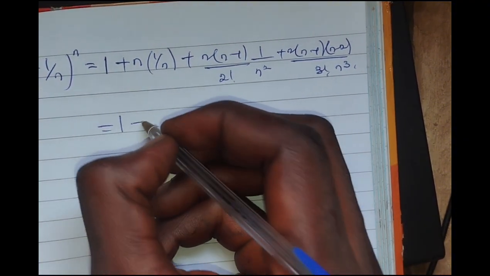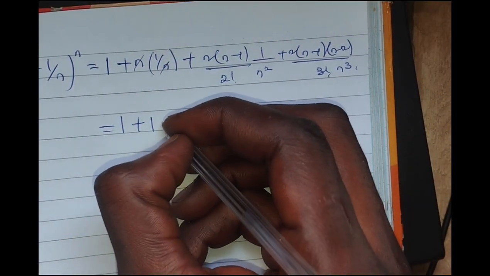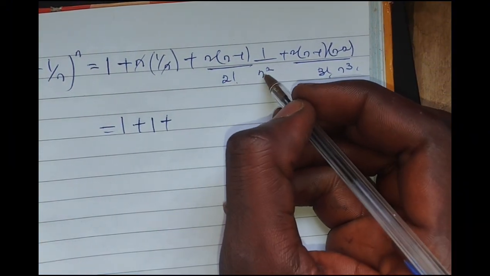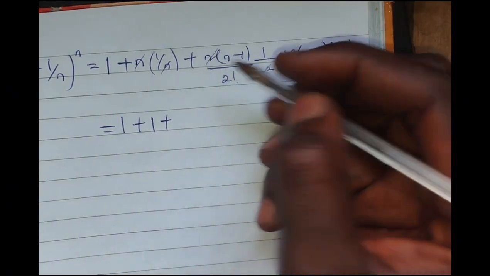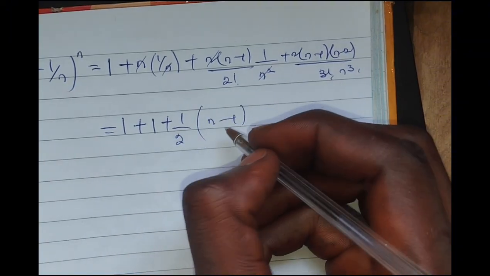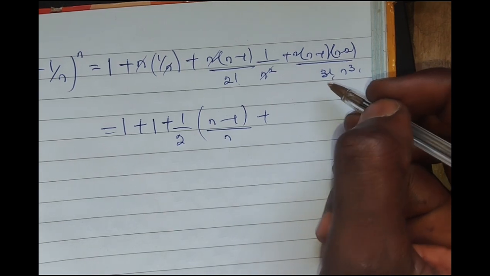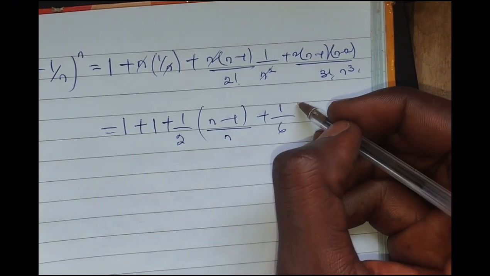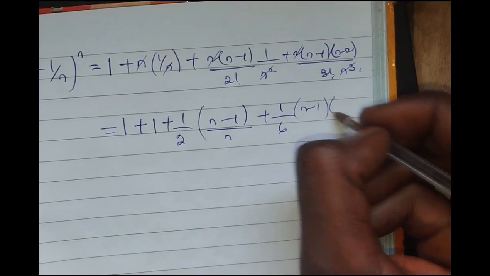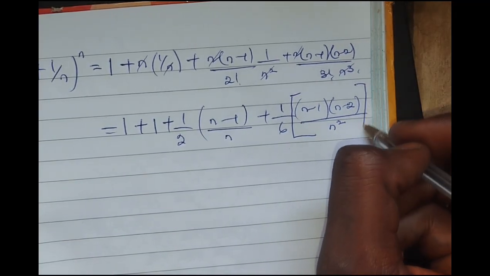So we have 1 plus n·(1/n), we cancel out n here, so we have 1 plus. Now see this 2 factorial is just 2, and n squared here, so n can cancel out n here, so we have 1/2 · (n − 1)/n, plus here we have 3 factorial, which is 6, so we have 1/6, n can cancel n here, so we have (n − 1) and (n − 2) all over n squared,